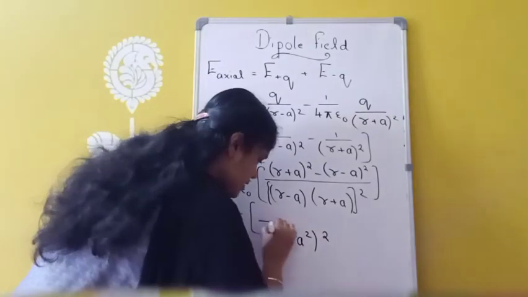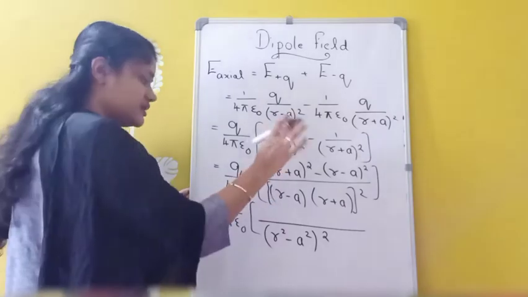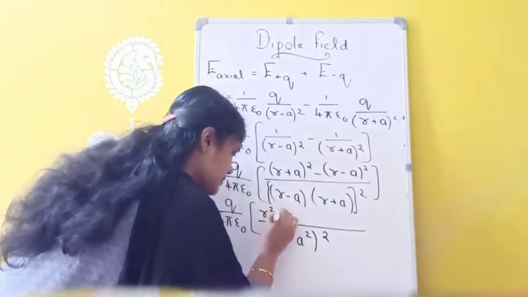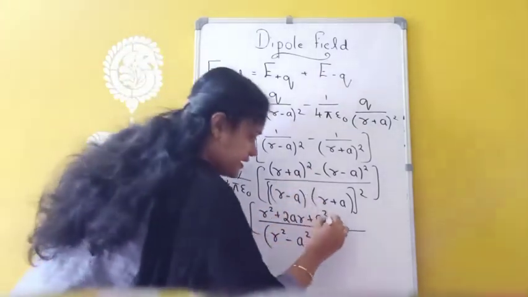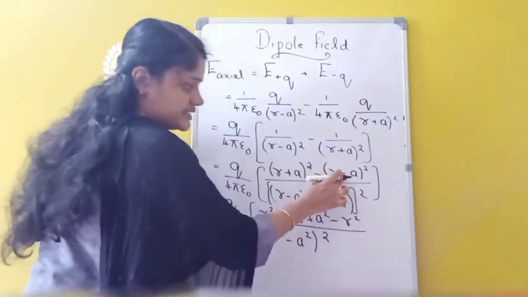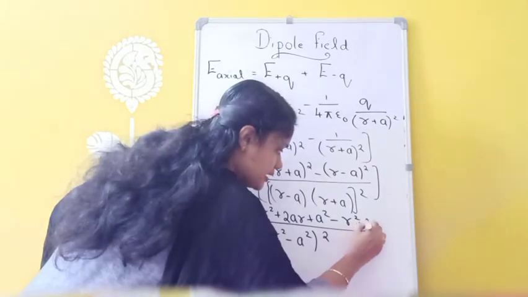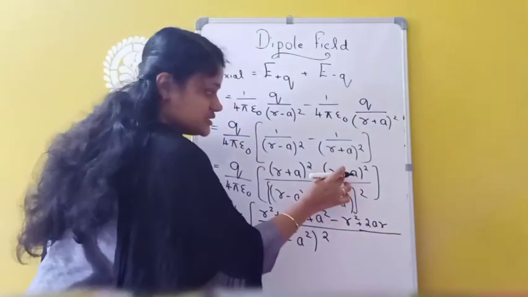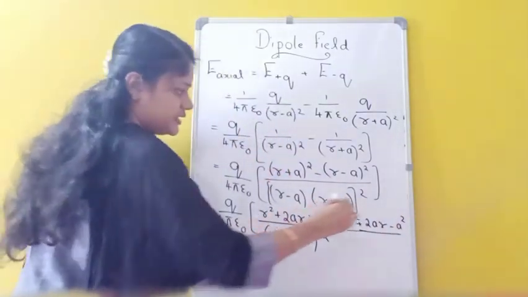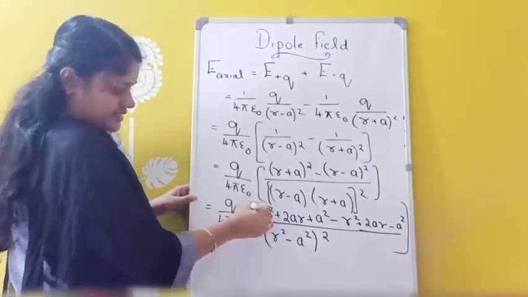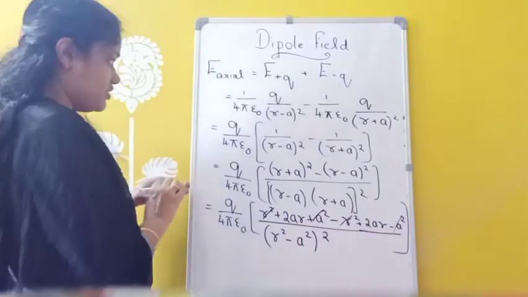That is the denominator. And in the numerator we have to expand (R plus A) the whole square minus (R minus A) the whole square. Using the same form as (A plus B) the whole square, I am expanding. So R square plus 2AR plus A square. Again minus R square. Here the second term is minus 2AR, but this minus and this minus become plus, so plus 2AR. The last term is plus A square, but here the minus comes as minus A square. Now these equal terms we can cancel: plus R square minus R square, plus A square minus A square. Remaining what we are having?